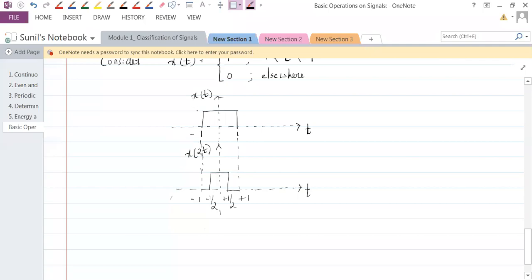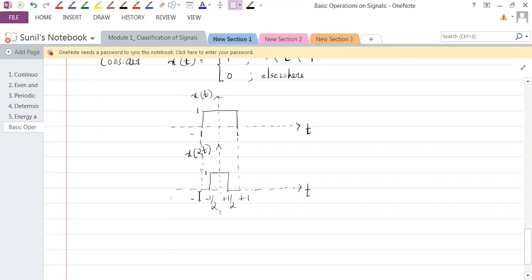So this is 1, from minus 1 to 1 they are saying. So this would also be 1. The amplitude will not change, only the time axis will change. So I've shown you what happens if I multiply the time axis by 2. Okay, that was the justification I gave. But if you see, this is 1 only, this is minus 1 only.